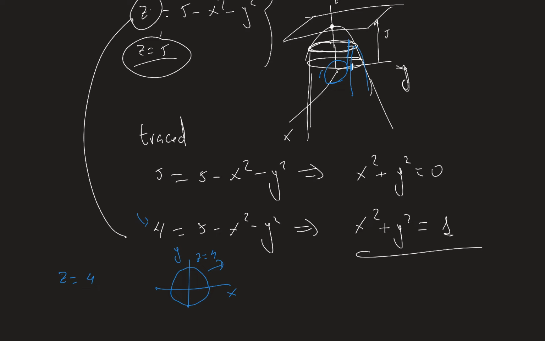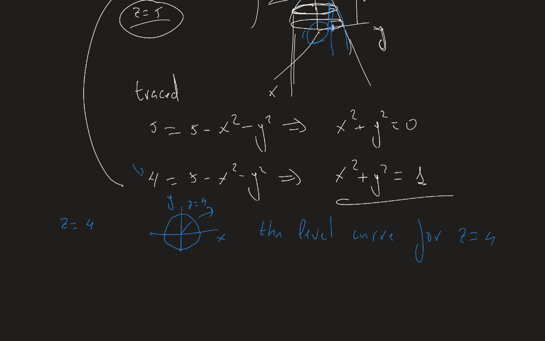So this is theta equal 4. The level curve for theta equal 4, for all the points that have the height 4, is a circle of radius 1. And this circle is on the plane